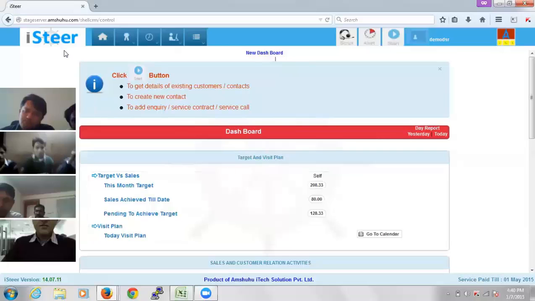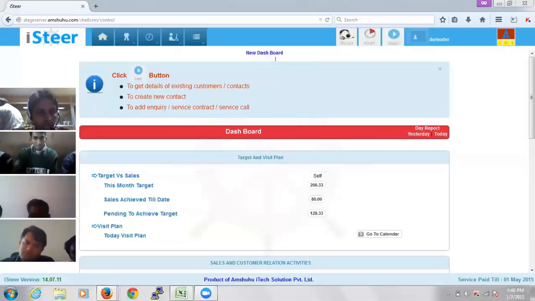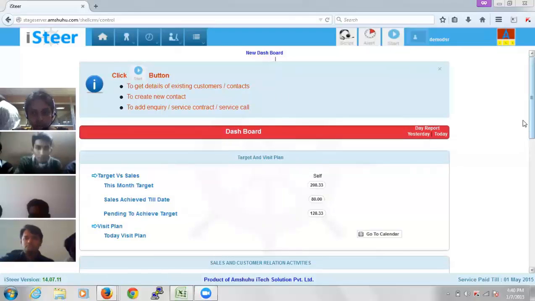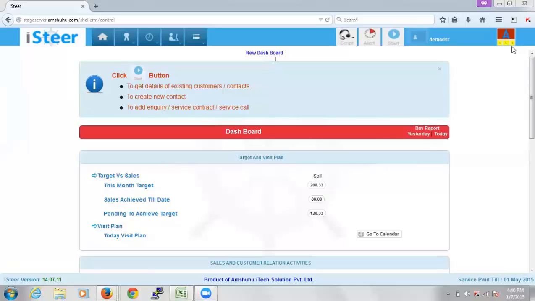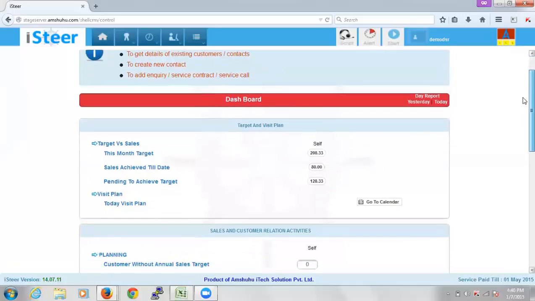This is the dashboard for the DSR. Here you can see the target and the visit plan in the beginning. This would include your current month's target for that particular DSR, the sales achieved till date, and what is pending to achieve the target.